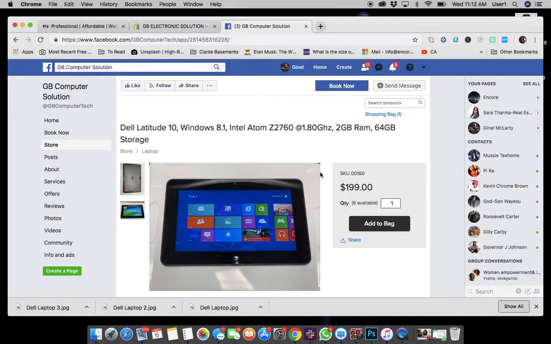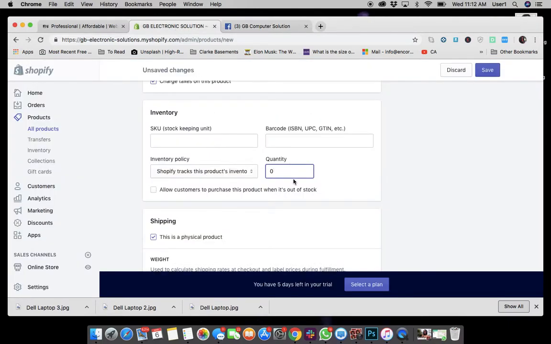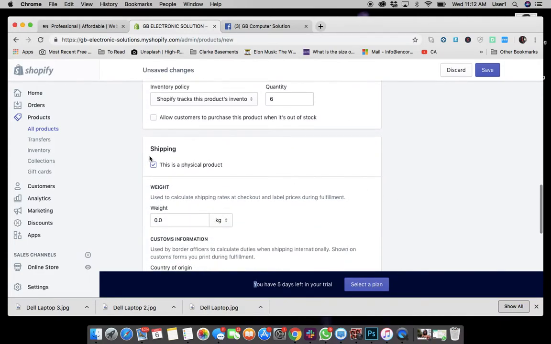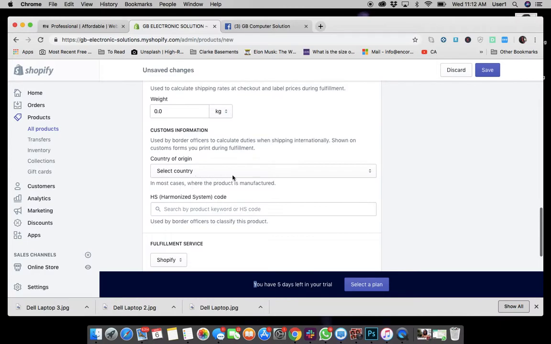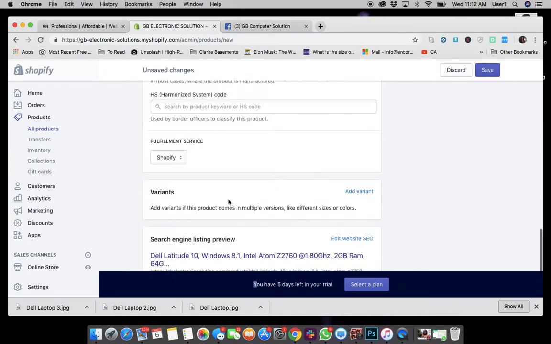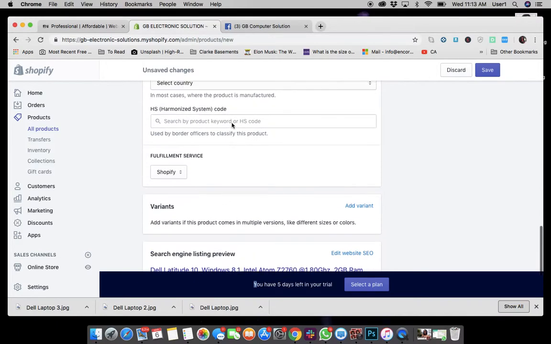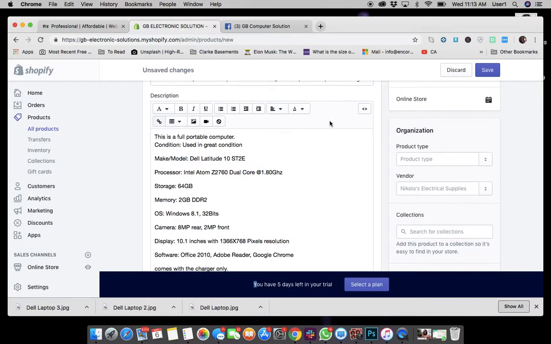That's very important. So there's only quantity 6 available. And you see that right here. So we're going to add 6. This is a physical product. We're going to overlook the weight and all of this, the country of origin. These things will be specific to your country, so you can fill that in when you have the time or